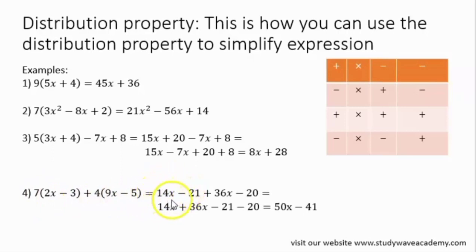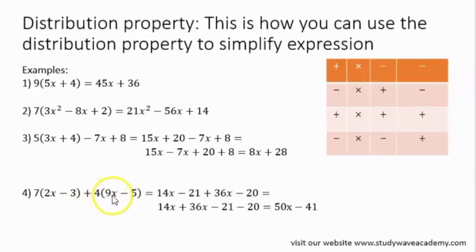7 times 2 is what? 14. So our answer is what? 14x. Then we say 7 times minus 3. Our answer is going to be what? Minus 21. Then we put our plus sign because we are going to be saying 4